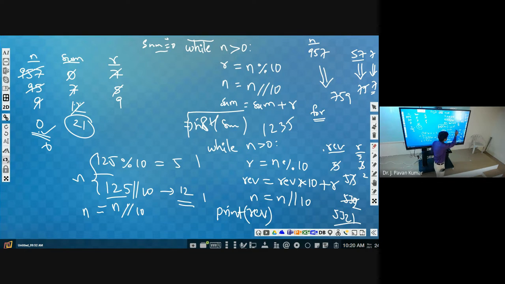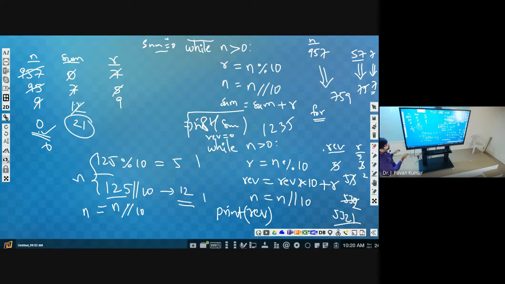When we consider only one digit, then that only should be the reverse. So this should be nullified. If it is 0, then only 0 into 10 will be 0. So reverse should be initialized with the value 0.